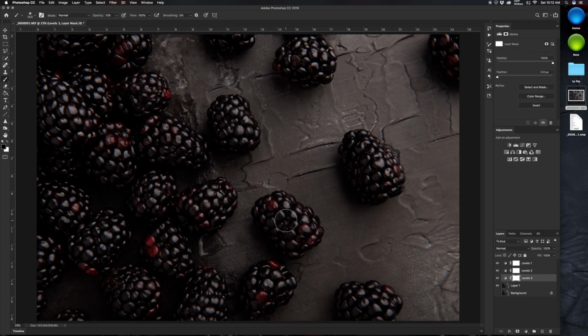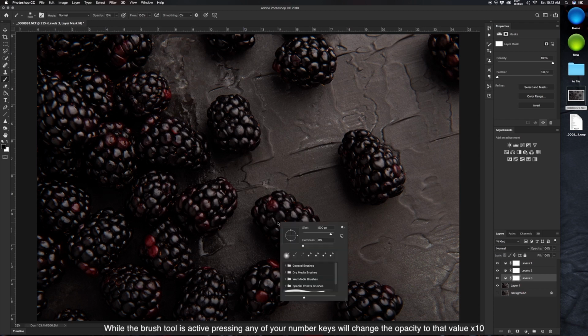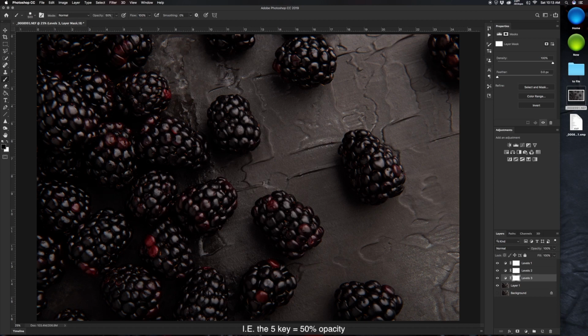Now, I have a magic mouse, so there's a right click and a left click button. So I'm going to right click, and I'm going to increase the hardness to about 50%. About 50, there we go, 49, 50. Okay, and the opacity up here, I'm going to bring to about 50%. On my keyboard, it's set up so that if I hit 5 while using a brush, it'll bring me to 50%. You hit 1, 10%, 2 is 20, and so on and so forth. So I want about 50% opacity, so I will hit the 5 key on my number pad,